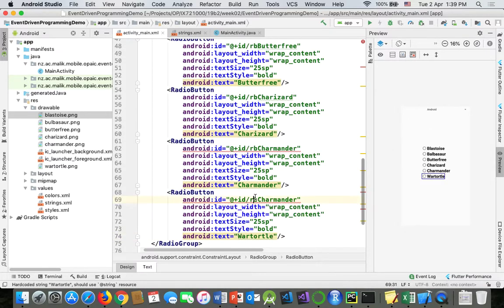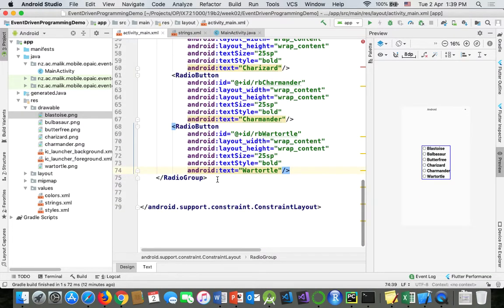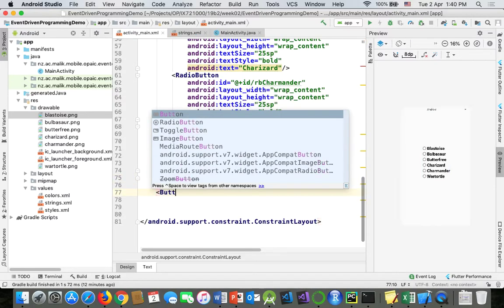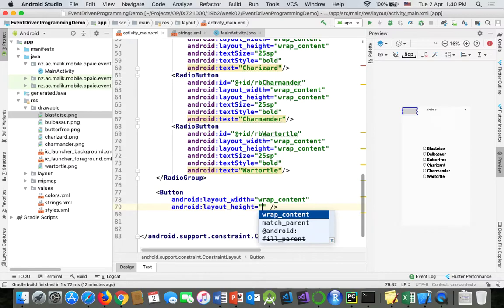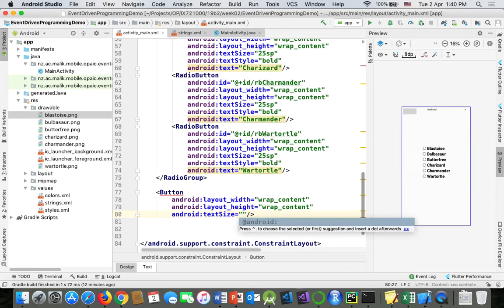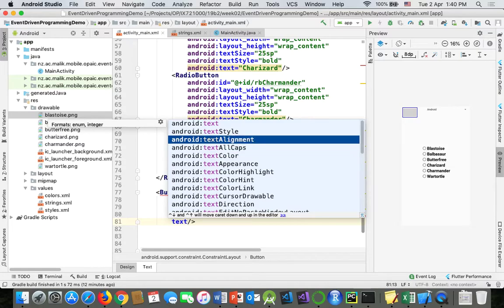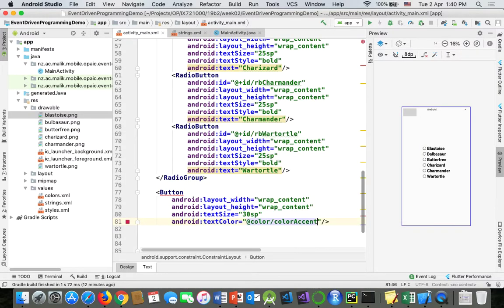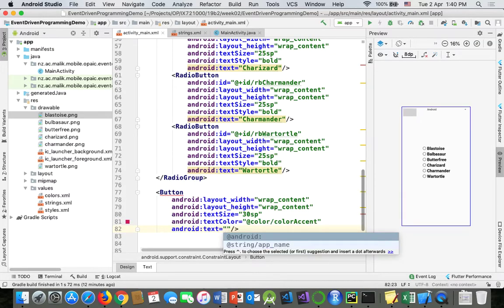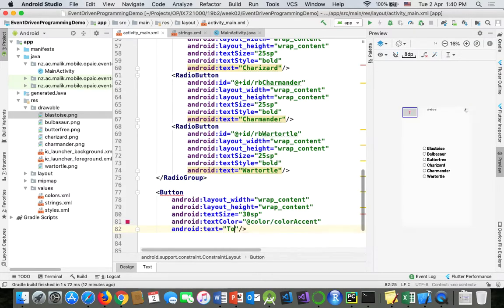So we can put that particular specific thing here. And now we want to put a button. I say wrap content, that's fine. I change that particular specific text size to 30 SP, and then I say text color, I say that accent, and then I say text, it's our toast button. Fine. I can also change the background colors of whatever we want to do, that's fine, but the point is